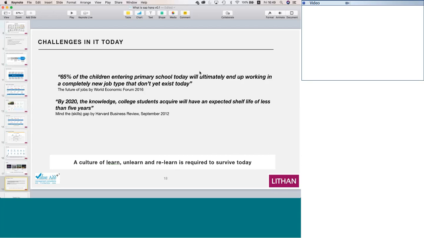So we need to learn, unlearn, relearn. And you see, this is not my dialogues. This is written by World Economic Forum, written by Harvard Business Review. So now the trend is digital. Unless we go digital ourselves, we won't exist. And how do you upgrade your skills? Please use Open SAP. Please use HANA Cloud Platform, which are available free of cost.